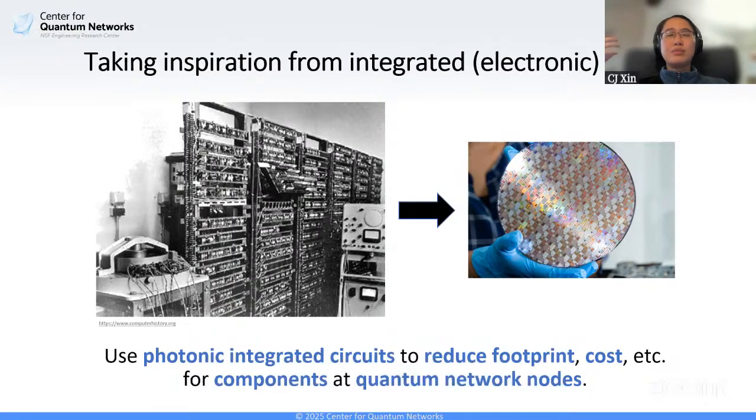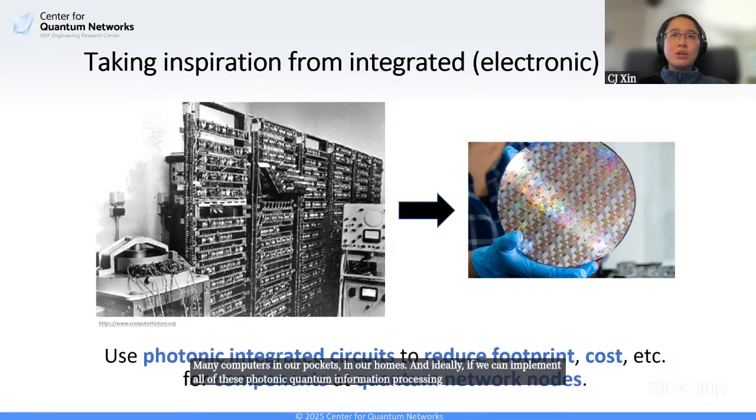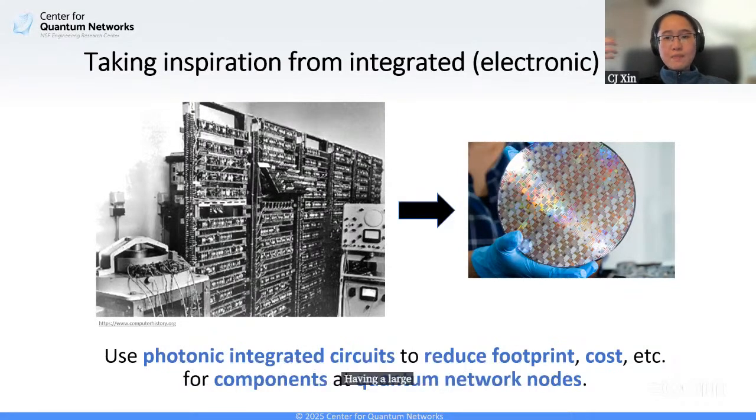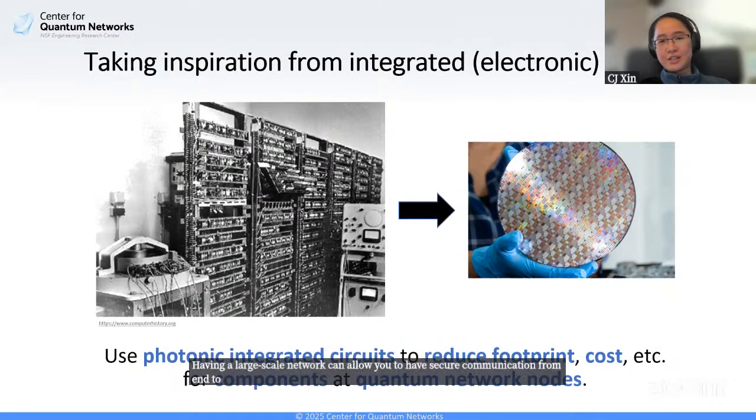And ideally, if we can implement all of these photonic quantum information processing at various nodes of quantum communication networks, then that would pave the way towards having a large scale network that can allow you to have secure communication from end to end, from your home to, let's say, your mom's house or something, you know. And so with that in mind,